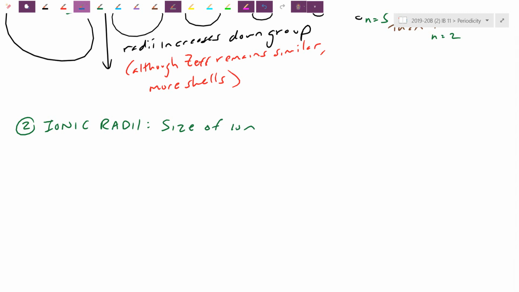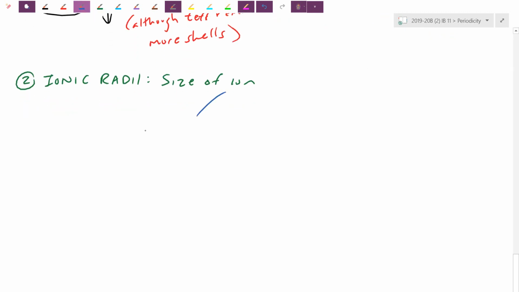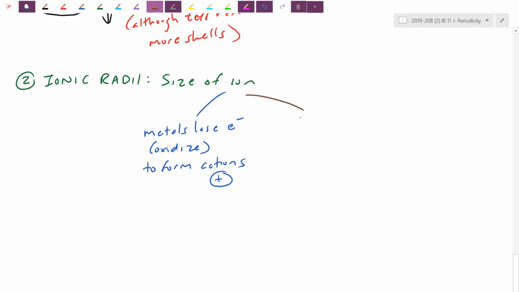For ions, remember we have two types of ions. This is generally what happens. Metals tend to lose electrons. Again, the fancy word for it is oxidized. If I throw away things that are negative, I'm going to get more and more positive charge. So metals lose electrons to form, the wording here is, cations. If you remember, cations are positive, whereas nonmetals